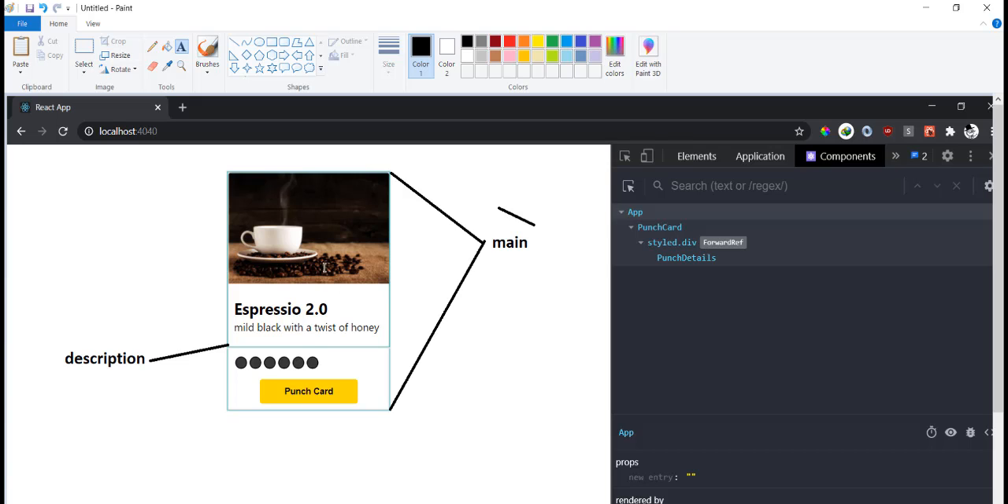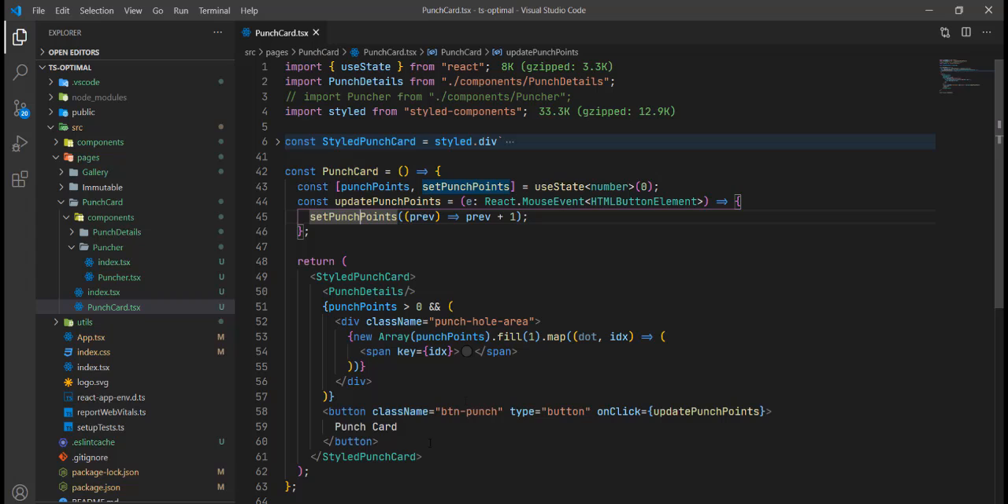So all we can do here is separate the punch card component and give it its own state in a separate component. In that way, it won't re-render the whole card itself, including the description. So let's go